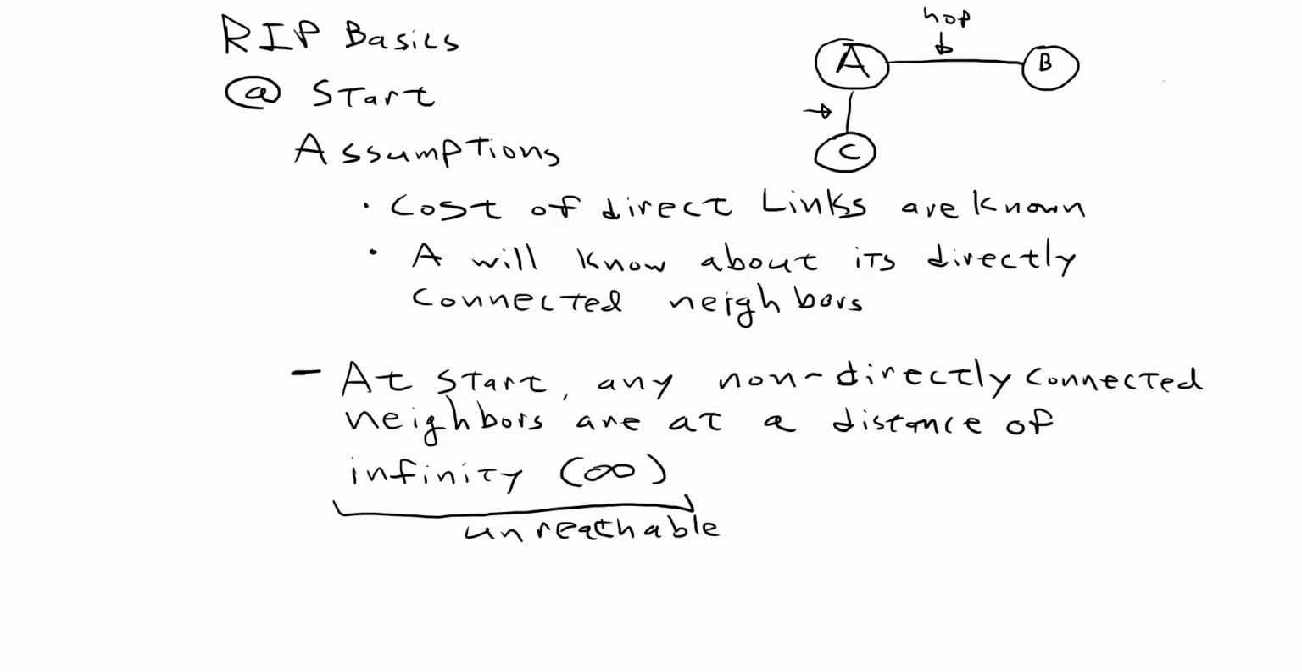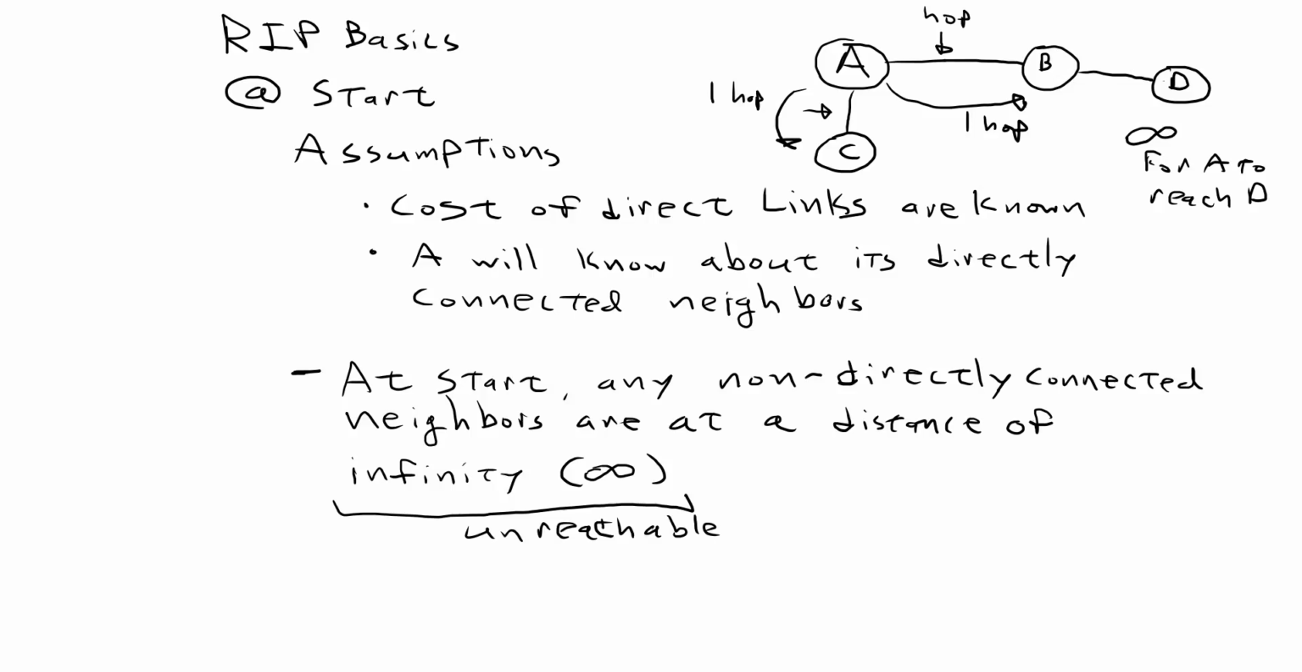So if there was another router out here, say, router D, A would know the cost to get to B would be a cost of one hop. The cost to get to C would be one hop. But the cost to try and get to D, if for some reason A knew about D, we would say that that would be infinity for A to reach D. And this is only at the start. This might change